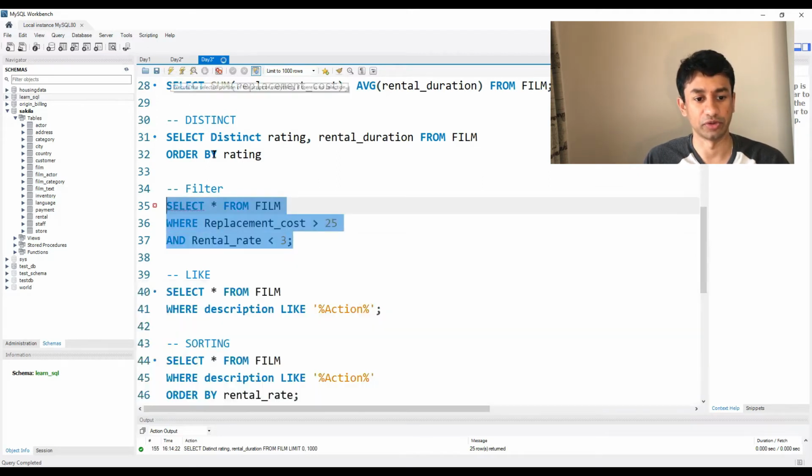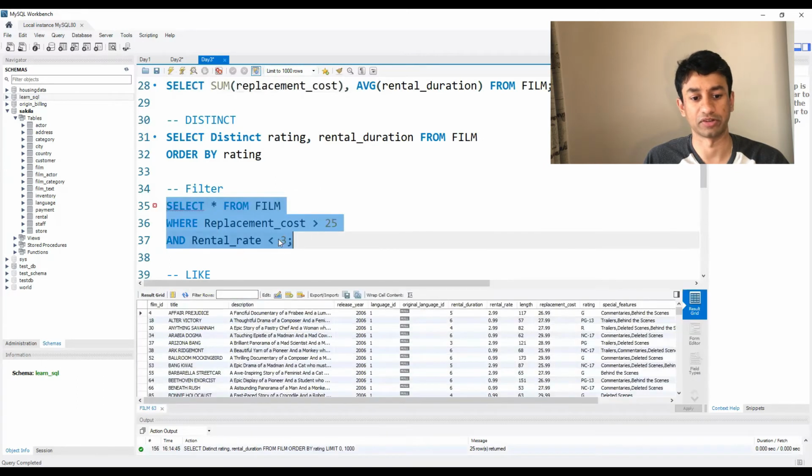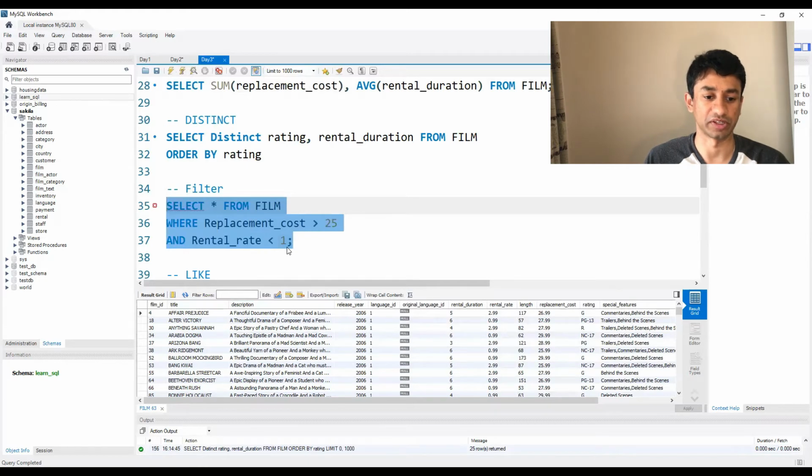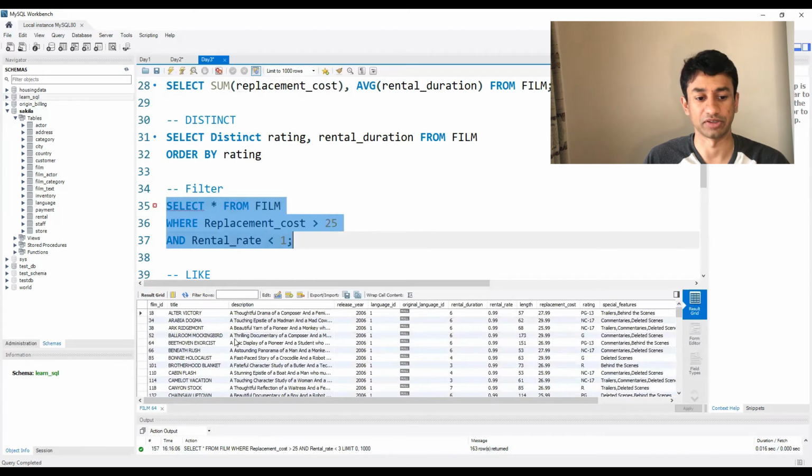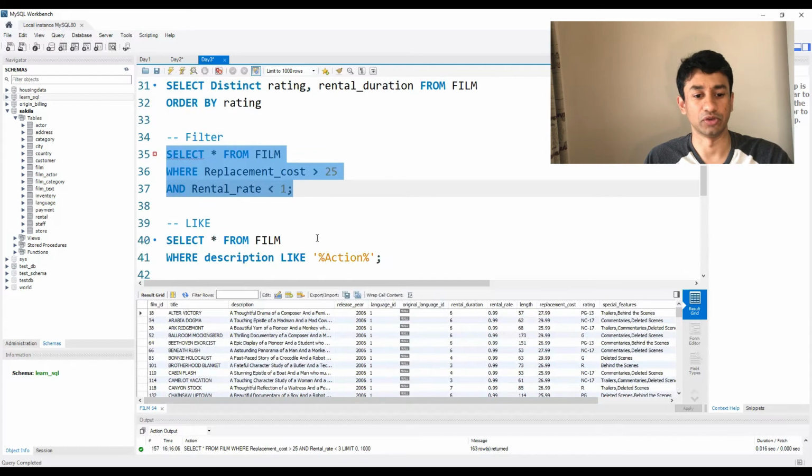When I execute this, it gives me all the combinations where the replacement costs are high whereas the rental rates are quite small. Maybe we can also reduce it to see the most expensive ones that have been rented for the cheapest rates. So these are all the movies in the database which have a very high replacement cost and are rented out for a very low value. So that's about the use of